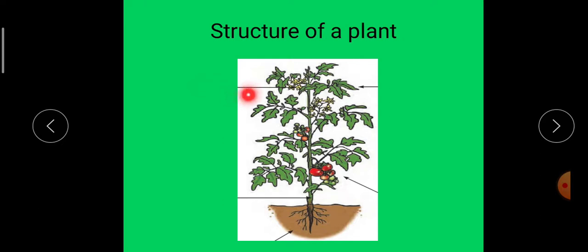And this one is the flower. This is the most attractive part of a plant. It is connected to the stem by a stalk, which may be long or short. A flower has a typical color and shape. The flower is an important means of reproduction.